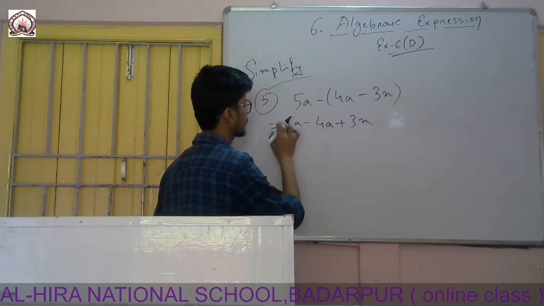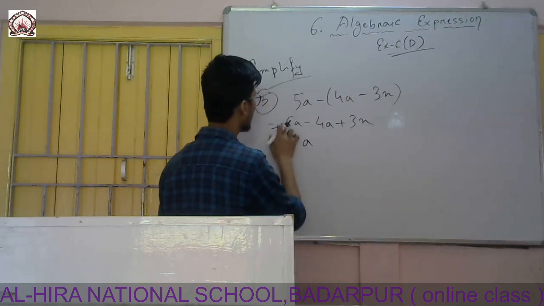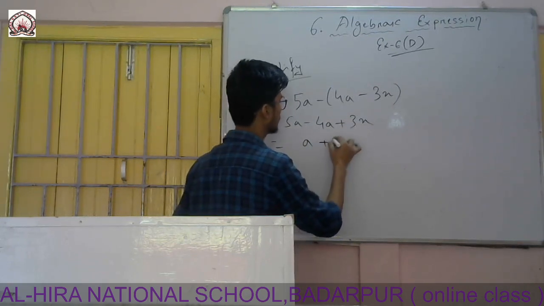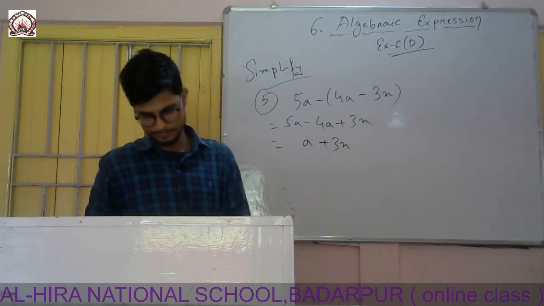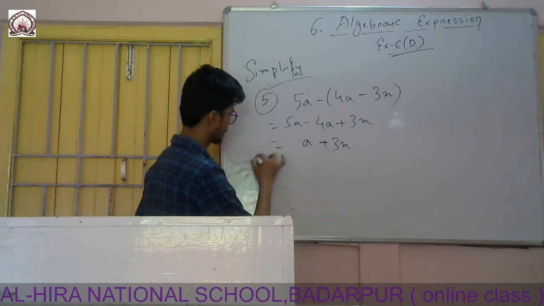So 5a minus 4a, plus minus it is minus, 5 minus 4 is 1, so only variable a, and since 5 is greater, there will be a plus sign, and 3x is left. So the answer is a plus 3x. Now question number 6, you see